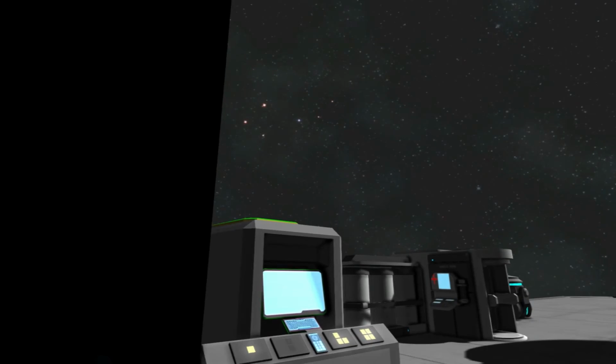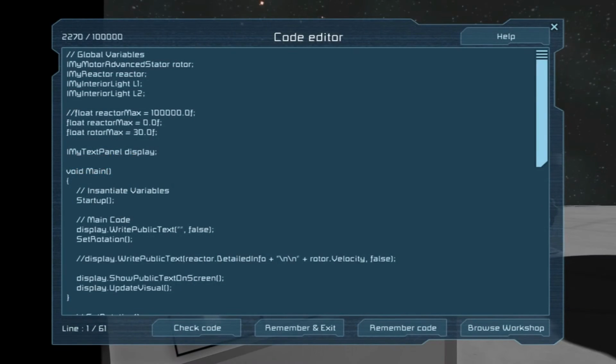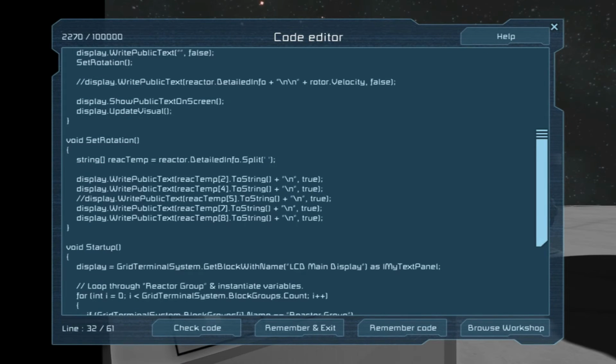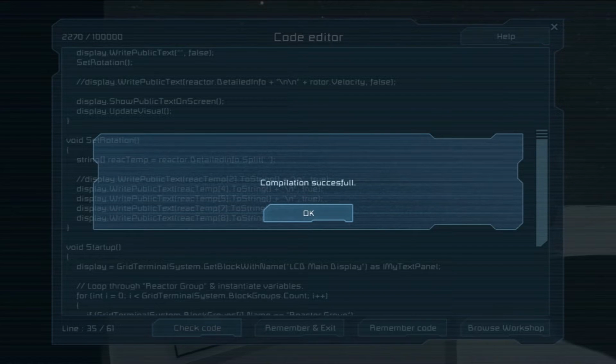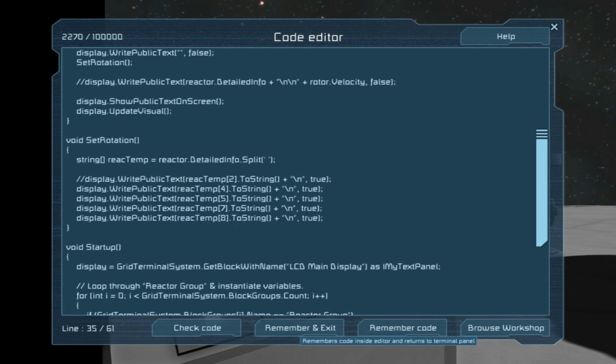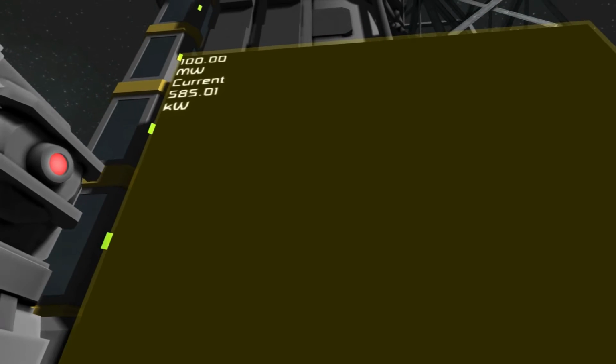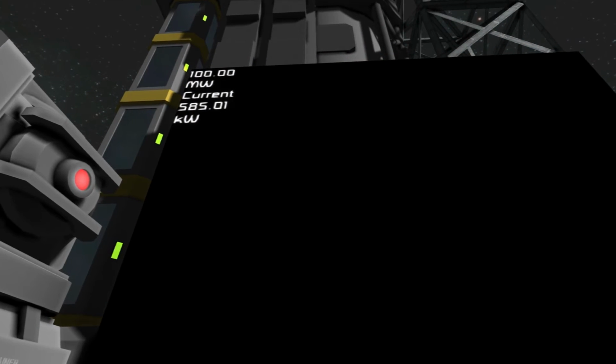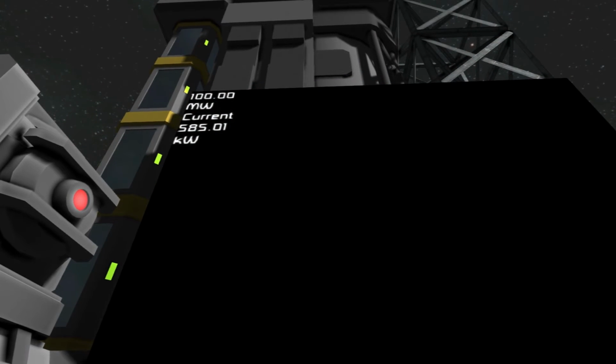Oh wait, no. We don't need 2. We don't need to know the reactor max. What was it though? 4 is the number, so it must be 5. But 5 had a lot in it then. So 5 holds megawatts and current. Okay, that's the problem.